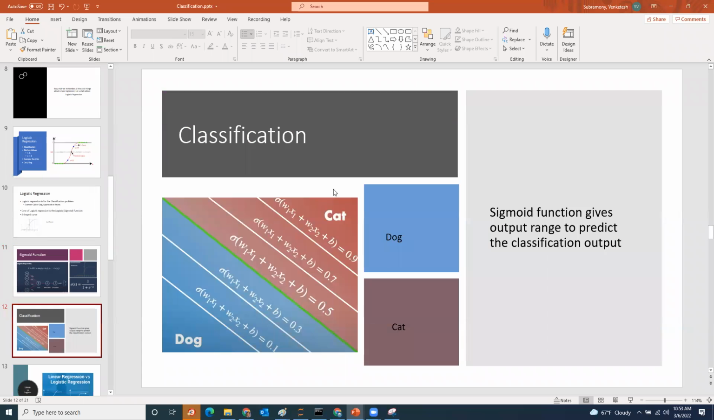So in this case of differentiating two animals from a picture, we have so many different pictures available, and